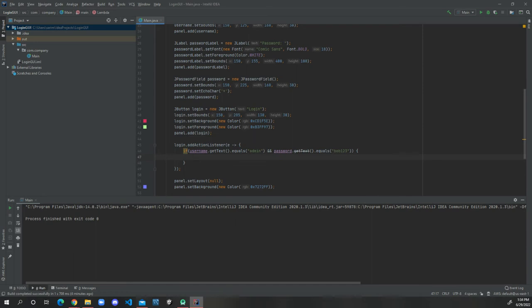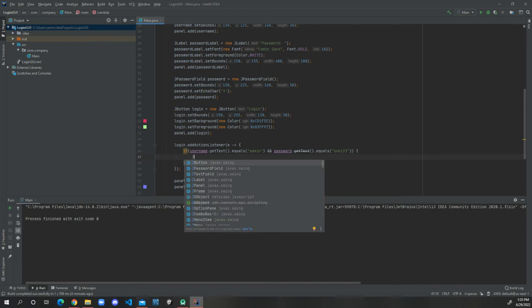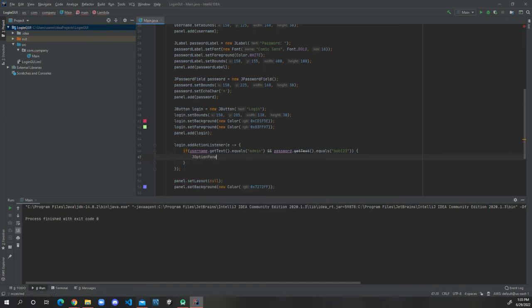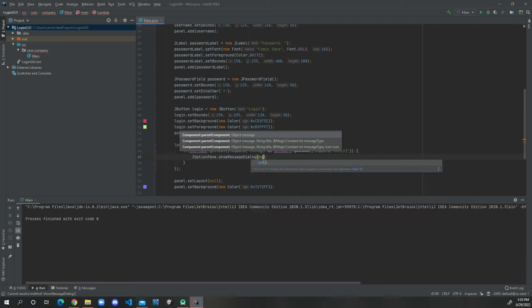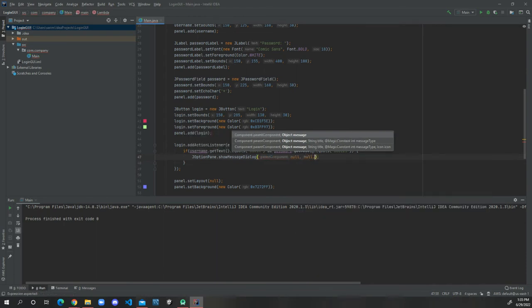Alright, so anyway, now that we've set up our condition, in another application you may want to navigate to a new page, do whatever you need, but in this case I'm just gonna display a simple information message. The way to display alerts or simple messages in Java graphical user interfaces with the Swing library is to just do a JOptionPane dot showMessageDialog, and then here there are different parameters which you can use to customize your message. You can add inputs, titles, icons, but in this case I'm just gonna set most of them to null and then keep my simple